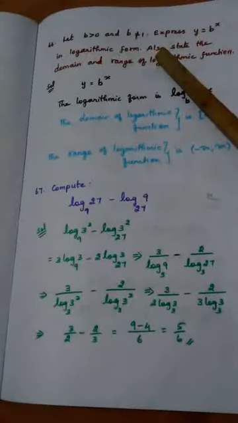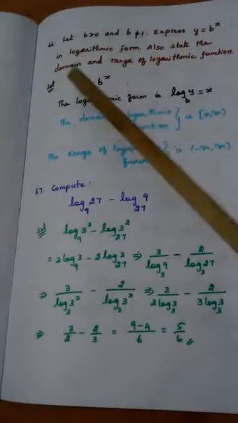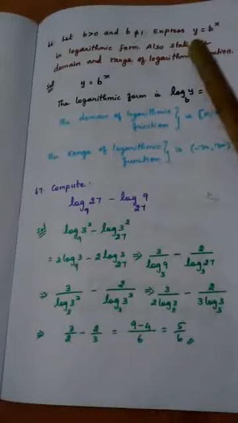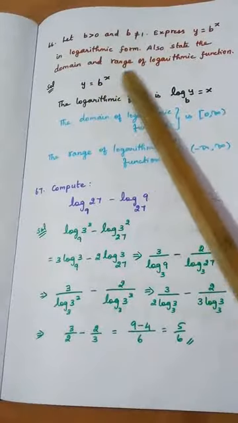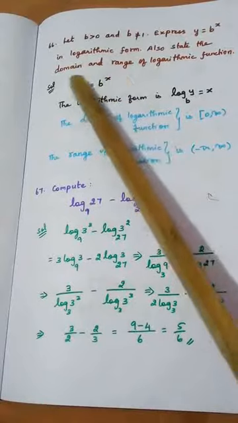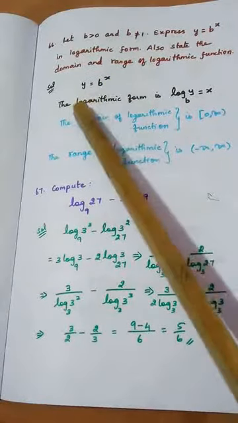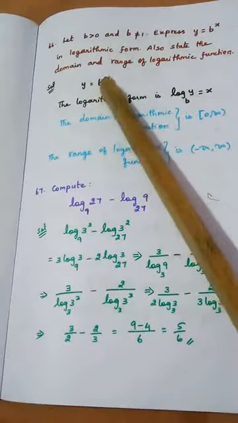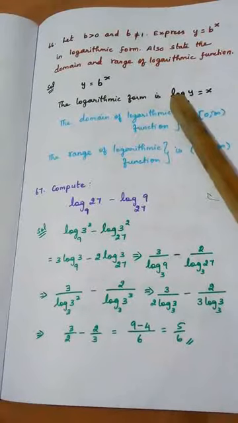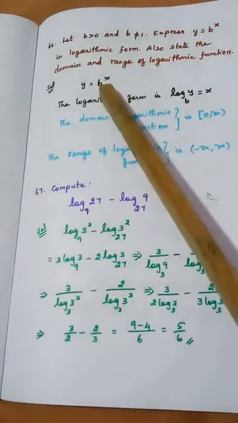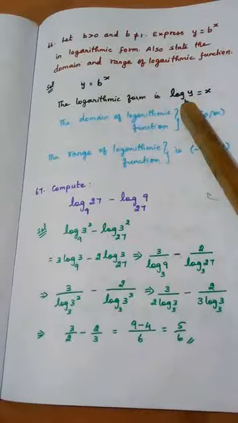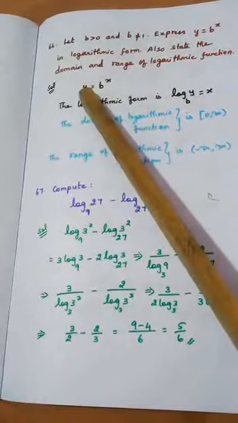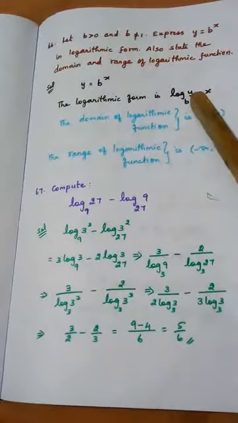Also another question is posted. The question is this: state the domain and range of logarithmic function. Now first we will take the first question, y is equal to b power x. This is called exponential form. The corresponding logarithmic form is given by, here the base is b. So for log the base is the same. Here the base is b, here also the base is b. And the power is the answer here. And this number will come adjacent to log.